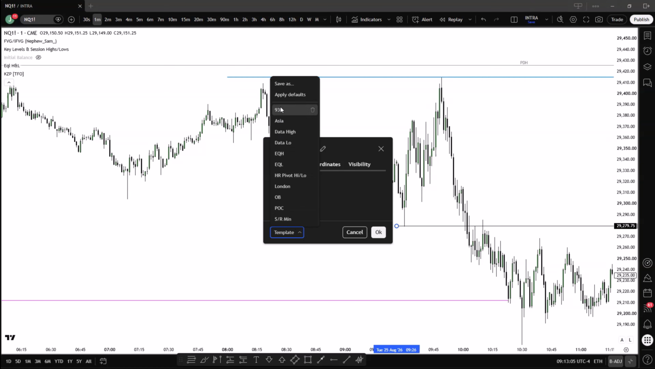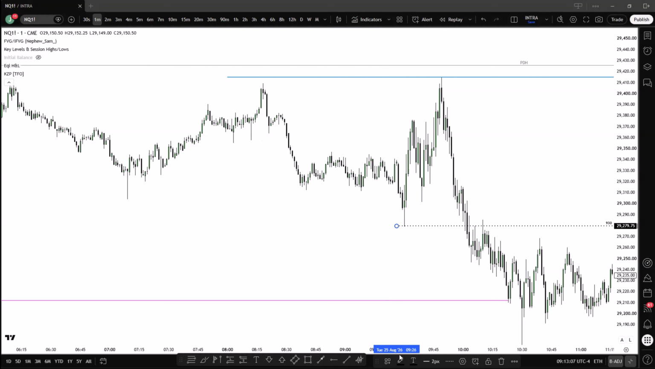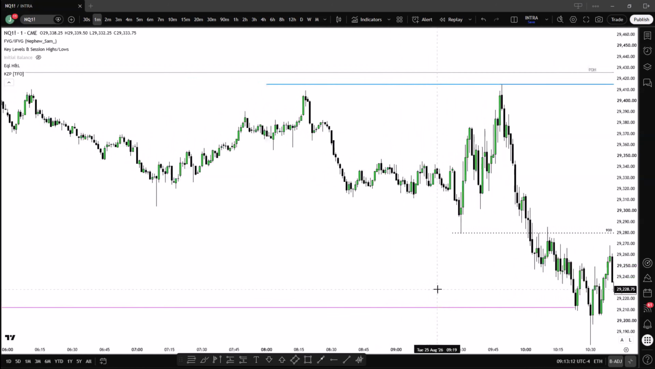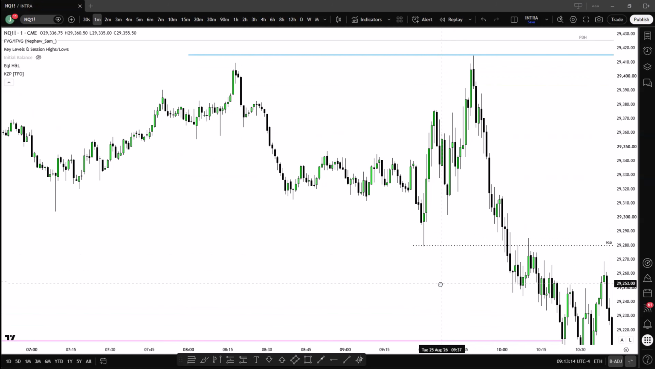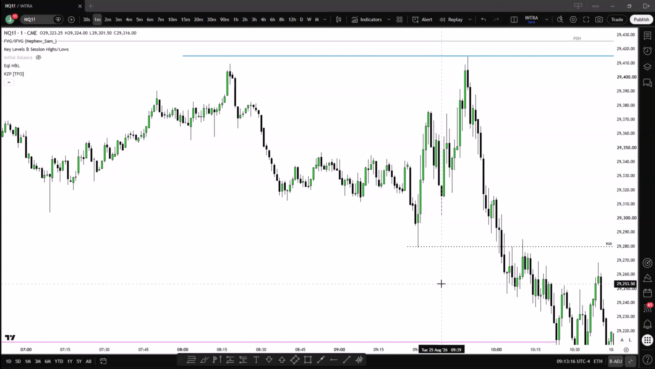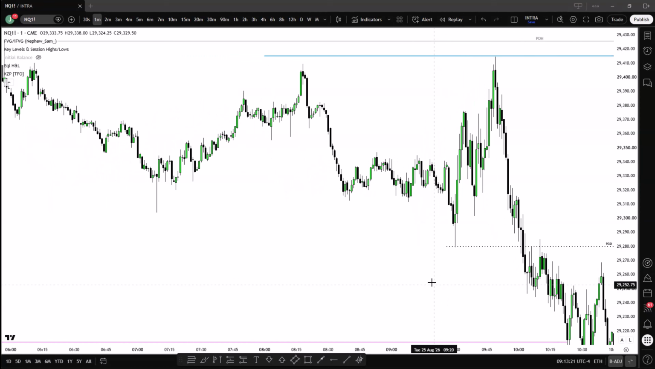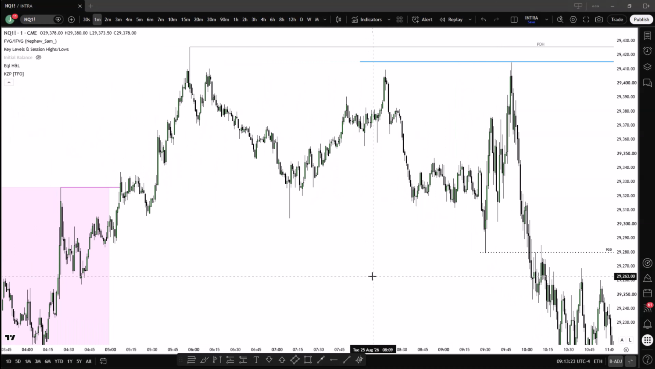We actually did this trade yesterday, Tuesday, August 25th. We're looking at the price action right here, and this is a trade that we typically look for off the 9:30 open. So let's give some context. Typically before the 9:30 open, which is right here,